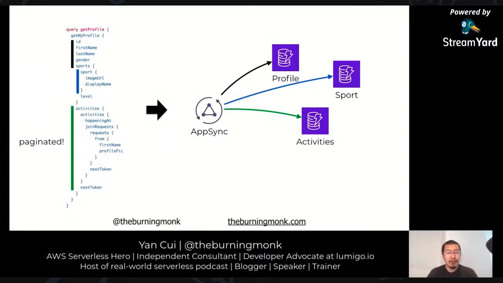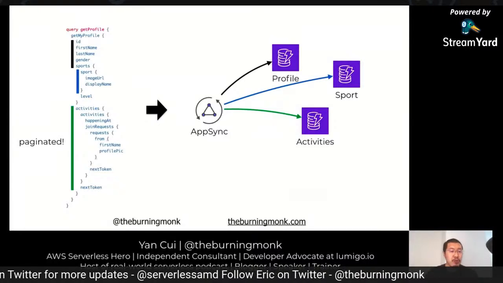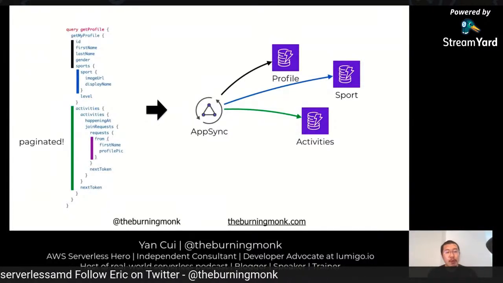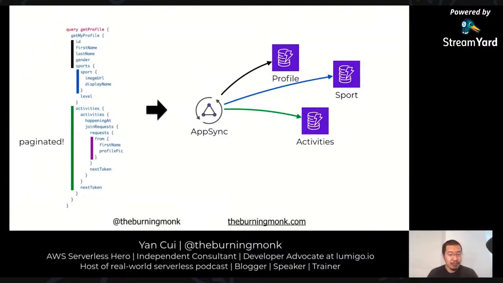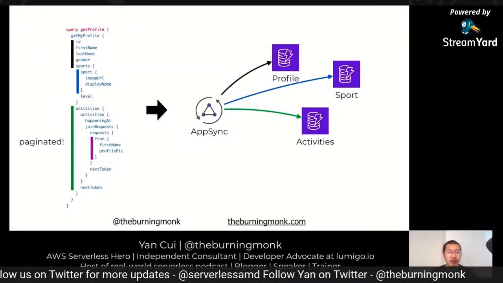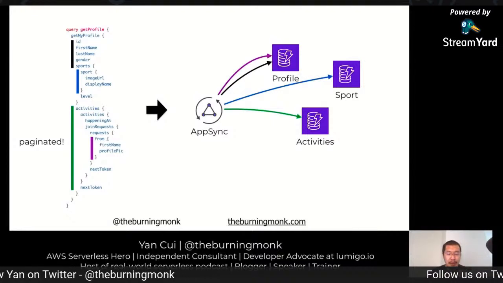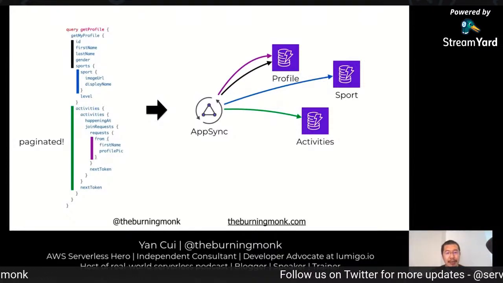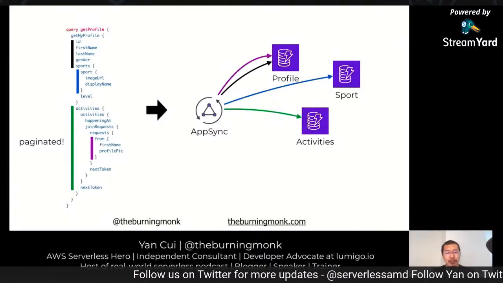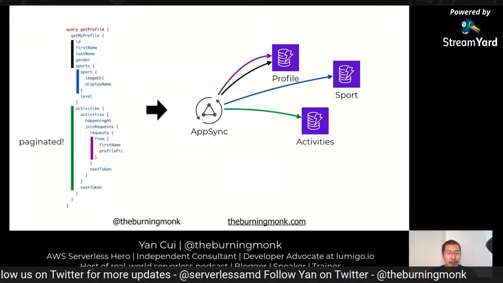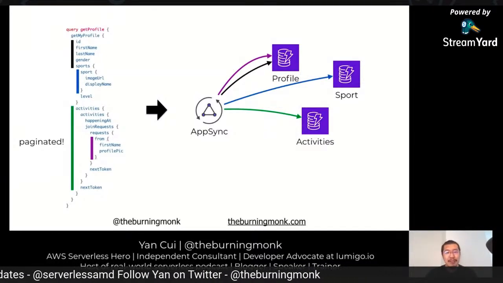And since other people might ask to join my basketball match next week, for example, I also want to fetch any requests from other users as well. Again, we only store the user ID in those requests. And to display these requests in the UI, we also need to expand this into the users' public profiles as well, including their name and image. So we can get those from another nested resolver, and then AppSync is again going to fetch that data from the profile table for those users who have asked to join my activities.